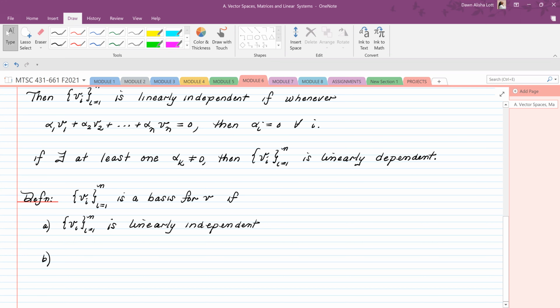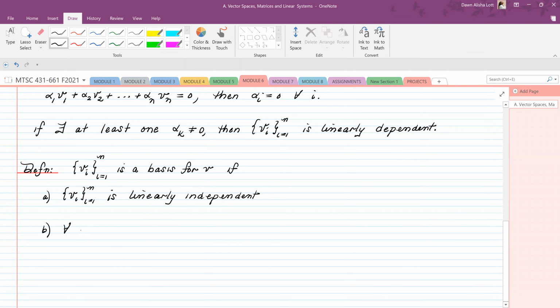And for all alpha in V, there exists a set of alpha 1, alpha 2, all the way up to alpha n, such that you can write V as a linear combination of those, i.e., the set